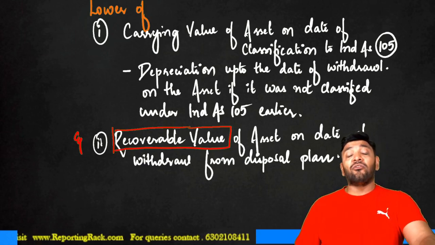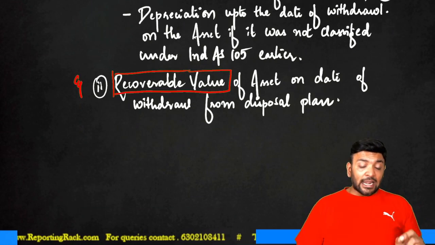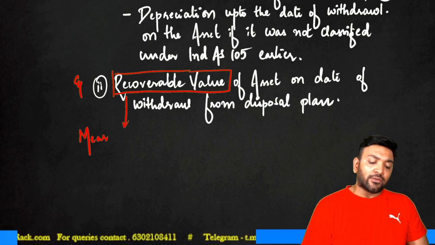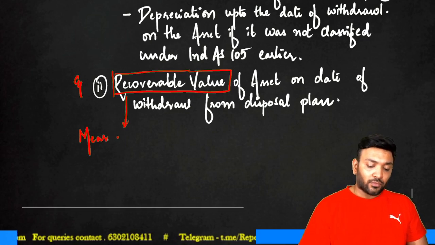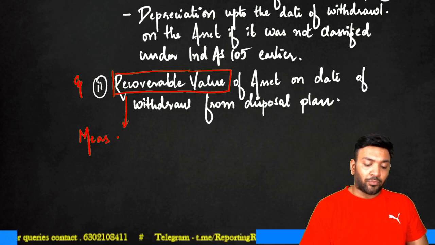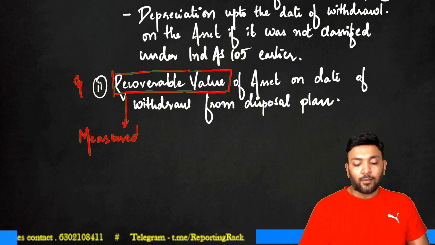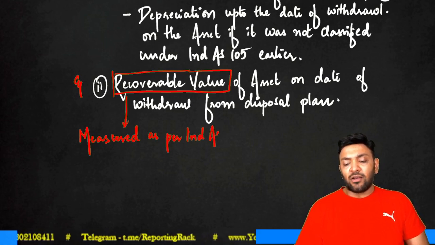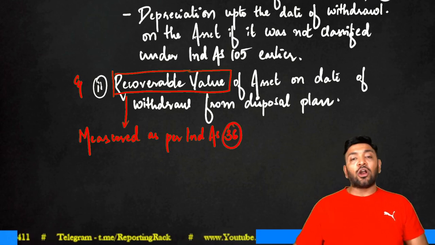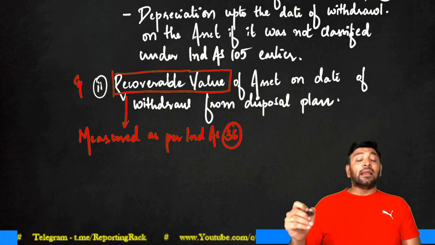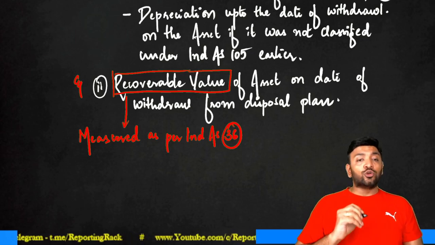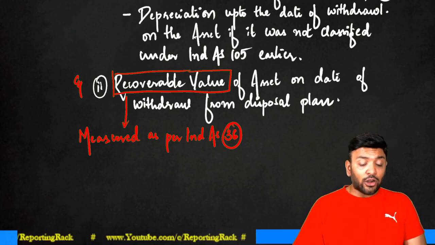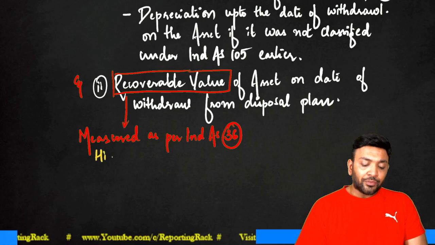this recoverable amount we did see in certain illustration, and I told you this recoverable value of an asset should be measured as per Ind AS 36. Under impairment, we will discuss how to measure recoverable amount. If you want to know now, then it is higher of value in use or fair value less cost of disposal. Okay, if I have to give you and you want to know what recoverable value is, then it is